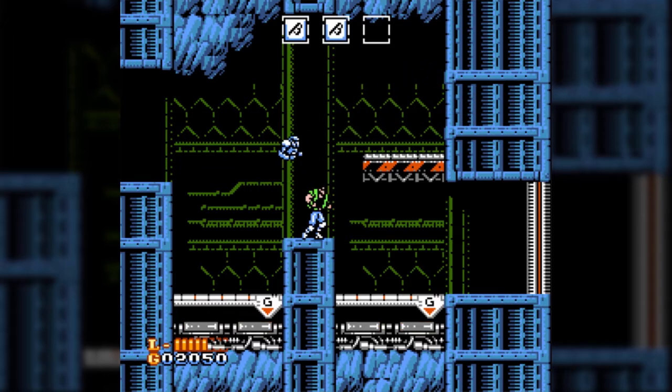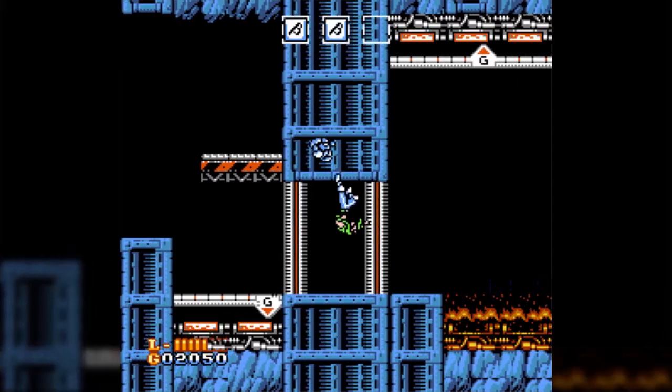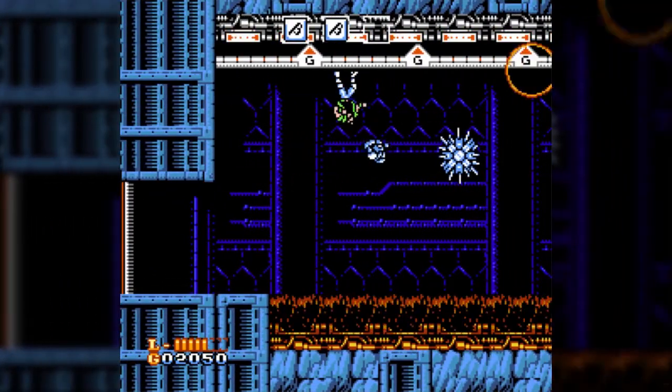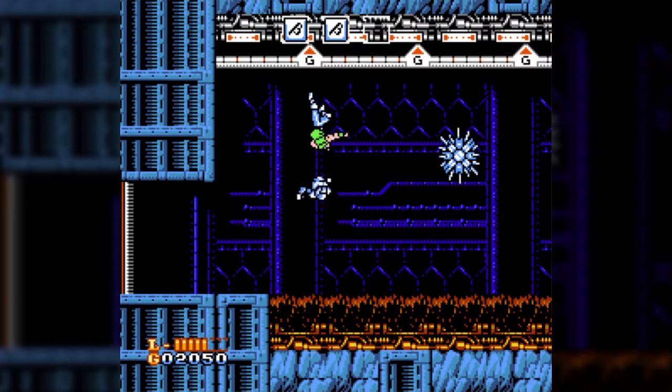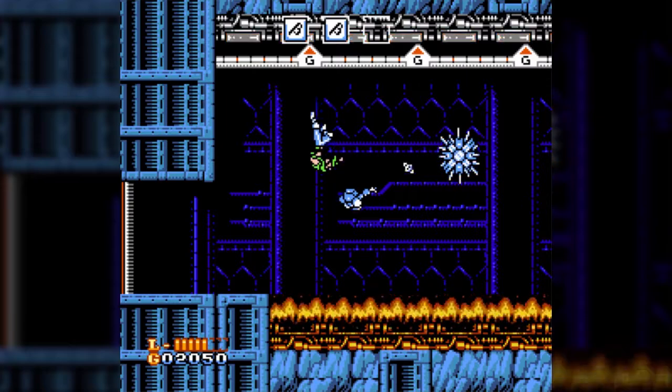Obviously it doesn't look like it's doing anything right now, but once we go through this door, it all changes because now it's reversed gravity. Your controls are not reversed. Left is still right and right is still left, vice versa. However, now you need to keep an eye on what's now above you is now below you, and so on